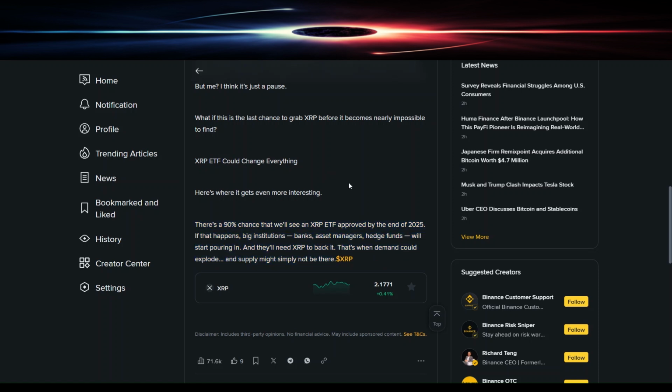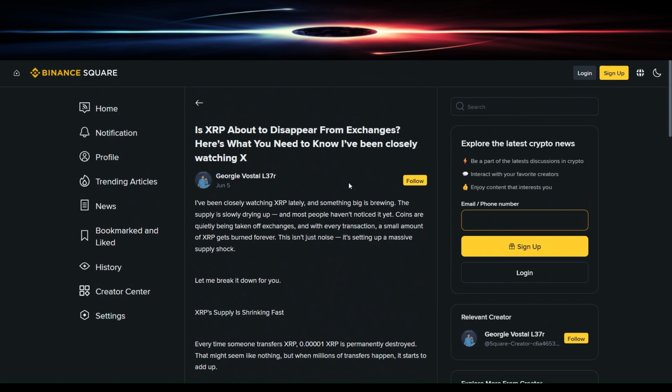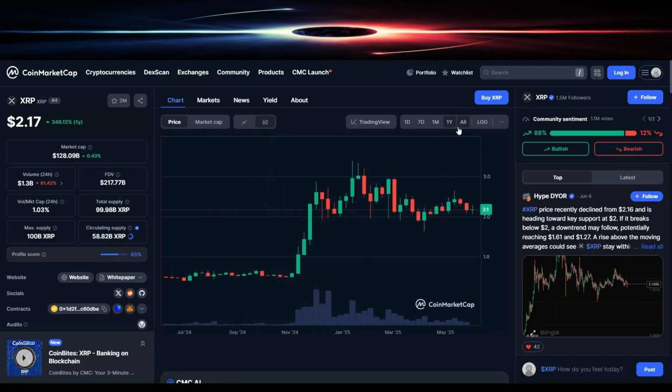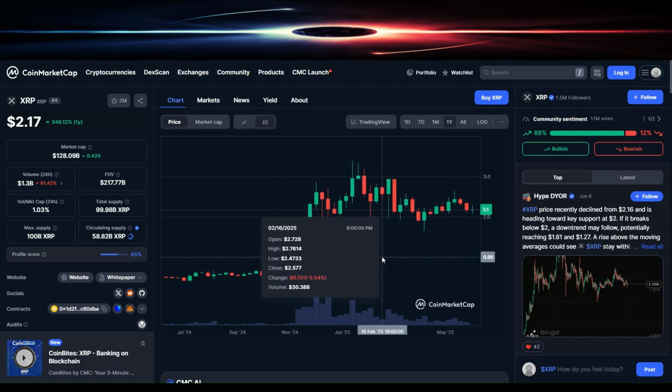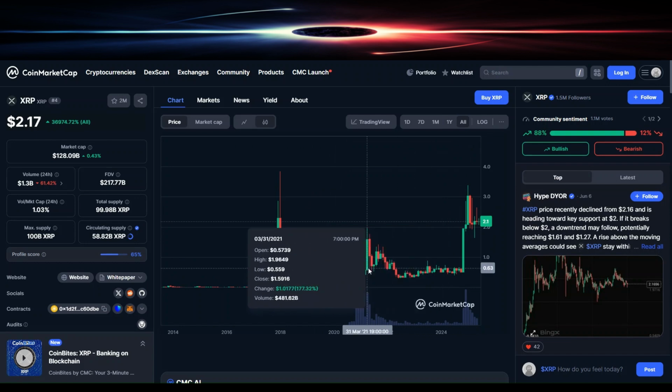Well, what's the simple case of supply and demand? If there's a high demand and a low supply, the price is going to blow up. And Ripple does not supply the exchanges anymore. And that's probably why they try to get as many as they can. And right now, they're manipulating markets to get as many retail people to get frustrated and give up as they can. Look at this trail back here that started way back here in 2021